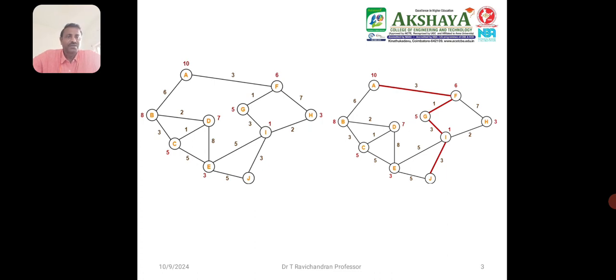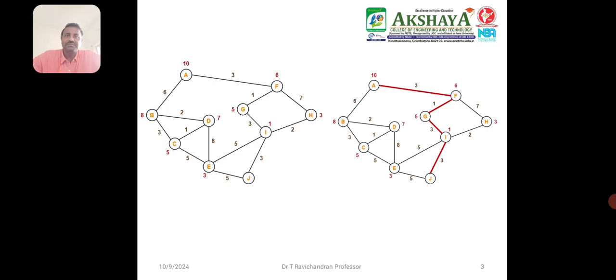We combine the values for the evaluation path: f of n is equal to g of n plus h of n. G of n is called the cost of the route and h of n is the heuristic function value of the particular state. For the combined values, whichever is lower, that evaluation path is selected to expand from one path to another. Each and every path is verified for the goal state, and if the goal state is reached, it terminates. That is the methodology by which the A-star algorithm works.